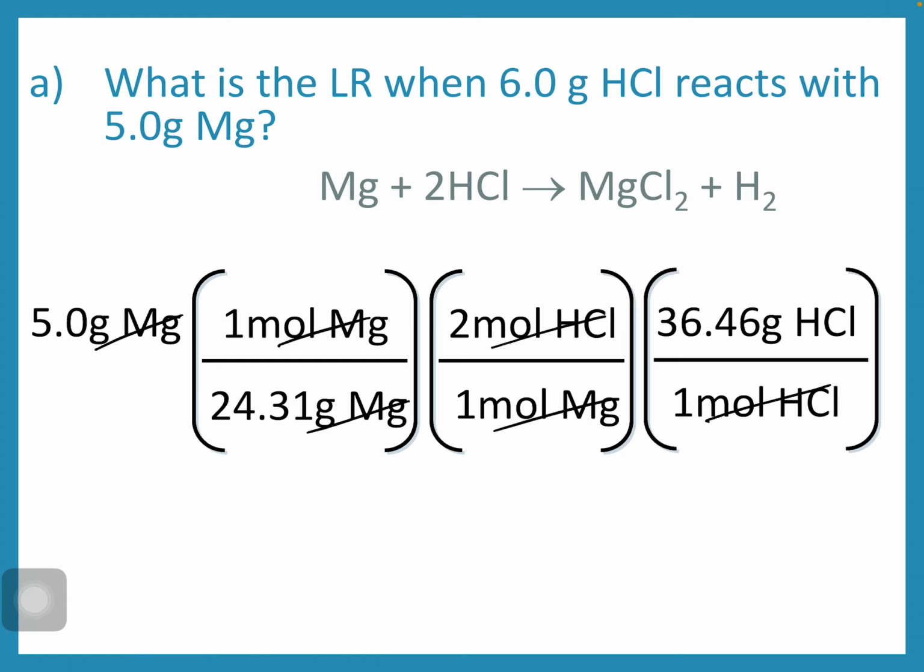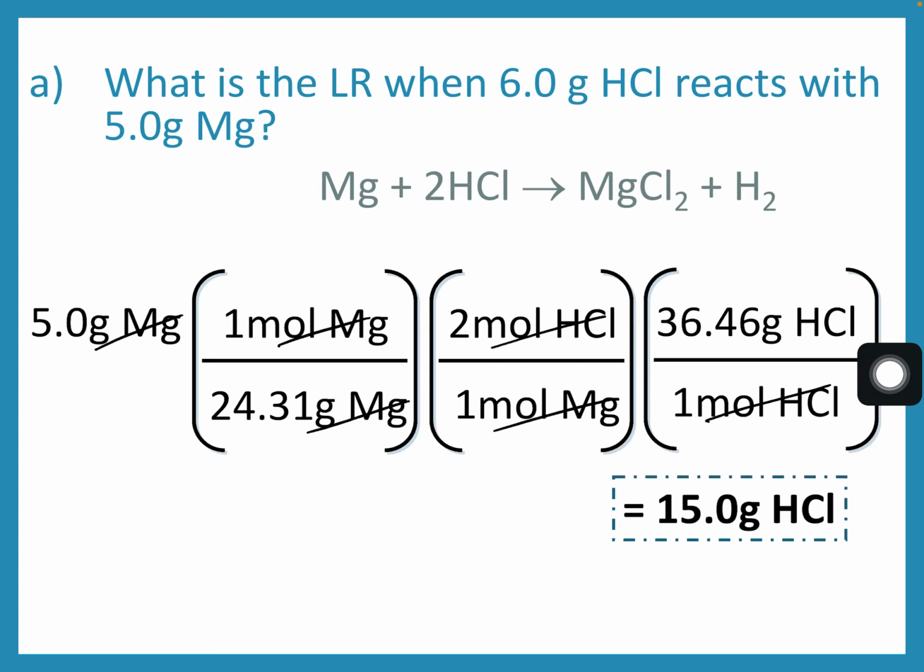Remember, everything that is in the numerator is a multiplication, everything in the denominator is a division. Anything that is 1, we can ignore because multiplication and division by 1 doesn't alter our answer. So 5 divided by 24.31 times 2 times 36.46, and that gives us 15 grams of hydrochloric